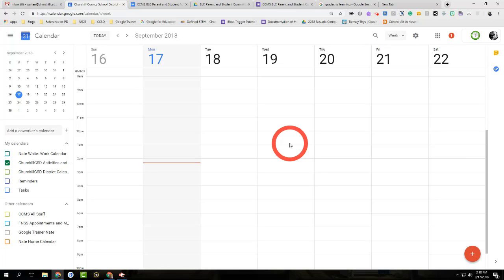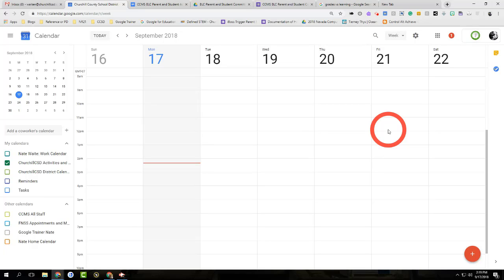Let me go back to just the clean calendar, the Churchill activities calendar. So let's imagine I wanted to add an activity. Let's say on Friday the 21st, there was, I don't know, open house at Numa. It's very important, since we're all working together, that we create the events on this calendar in a similar way. This is for the viewers of the calendar, so when they look, they immediately know what school is represented,